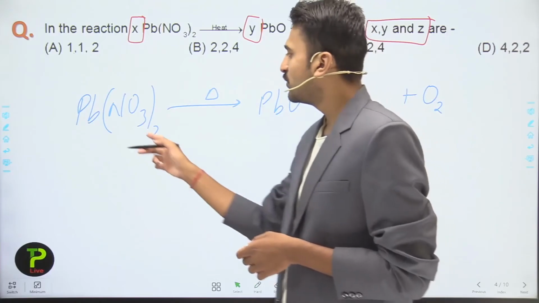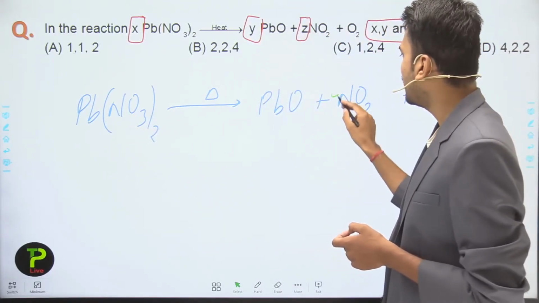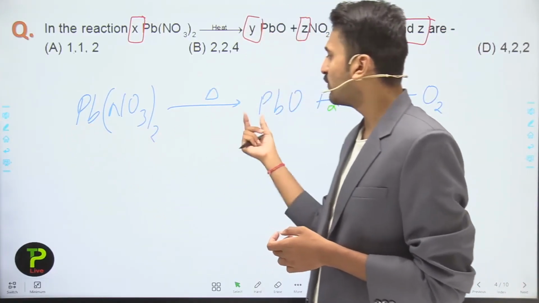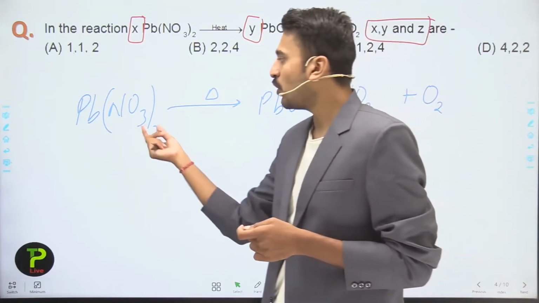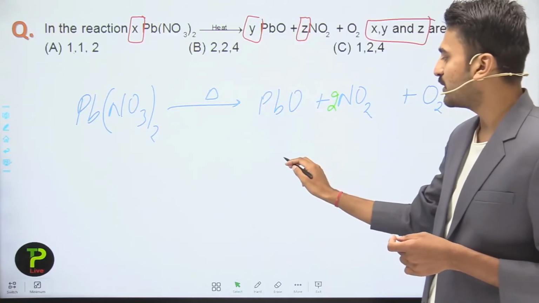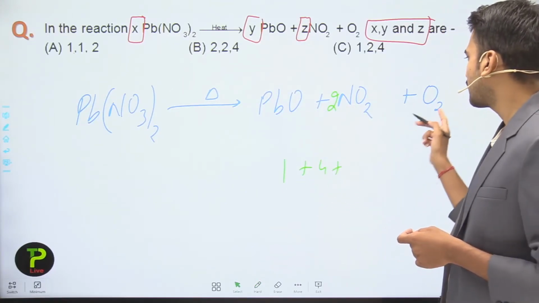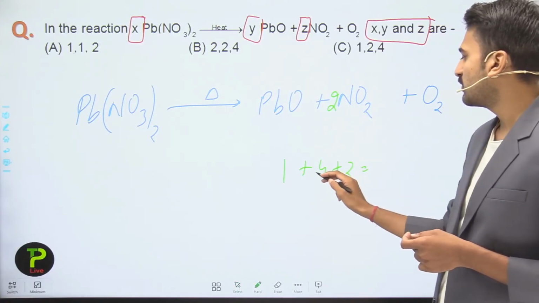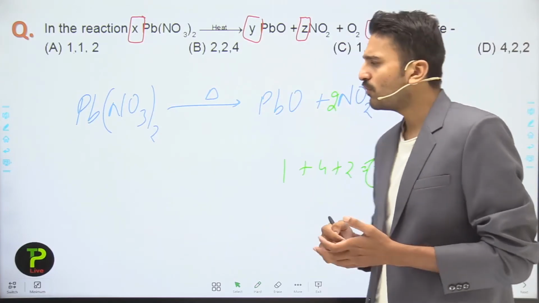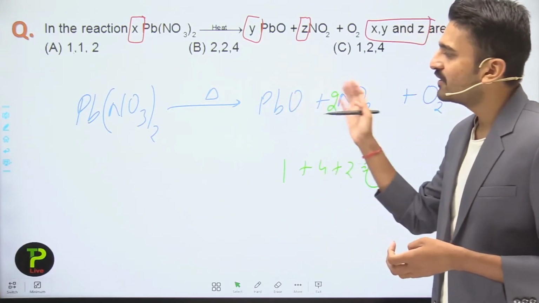Now here you see the number of nitrogen atoms present here is 2. So if I multiply it by 2, the number of nitrogen atoms is balanced. Lead, which is 1 here and also 1 here, is already balanced. Moving to oxygen, the number of oxygen atoms is 3 times 2, that is 6, while on the product side it is 1 plus 2 times 2, that is 4, plus 2, which is 7. So here the number of oxygen atoms is unbalanced. So what can I do? I have to move to another number for balancing this particular reaction.